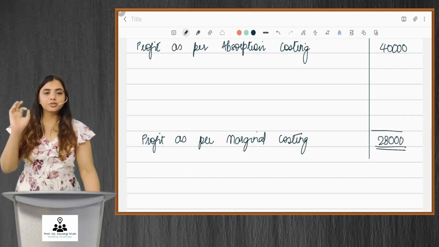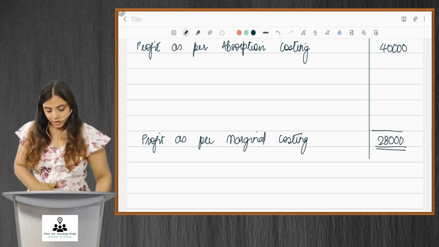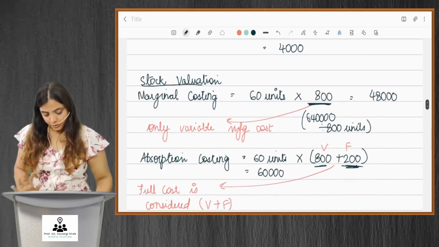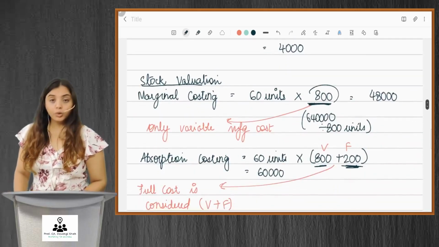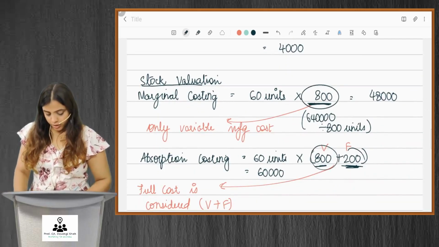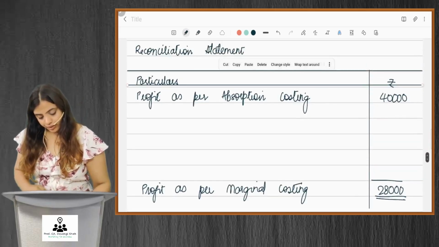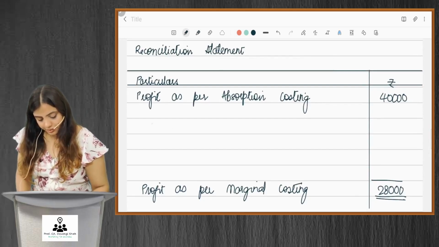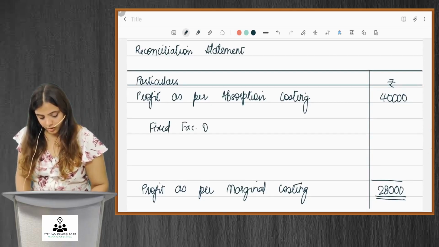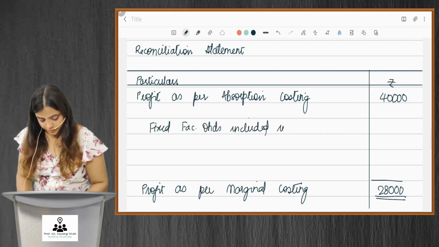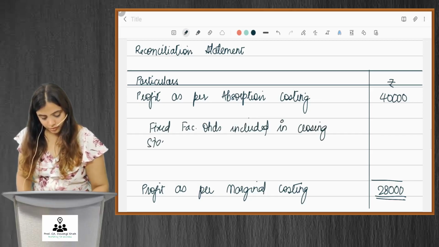The difference is just due to stock value, right? You can see that stock valuation part that we did. Marginal costing took only 800. Absorption took both. The difference is due to this 200. So let's write here: fixed factory overheads included in closing stock valuation